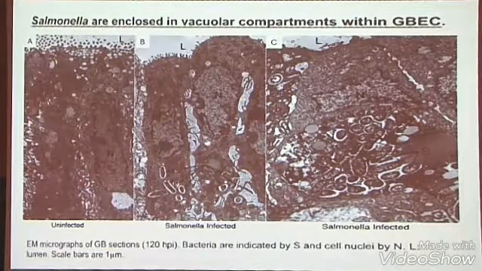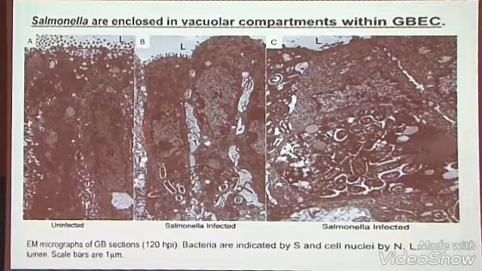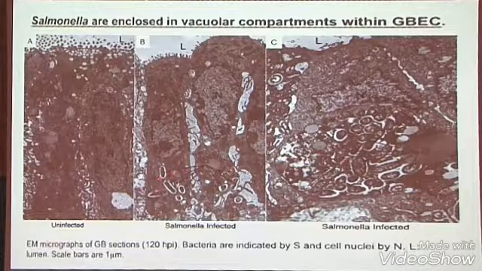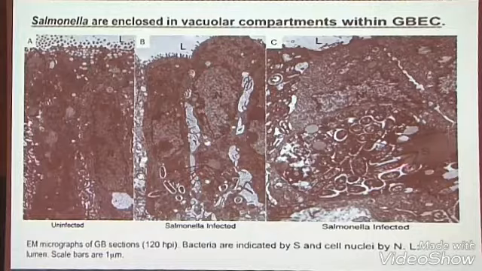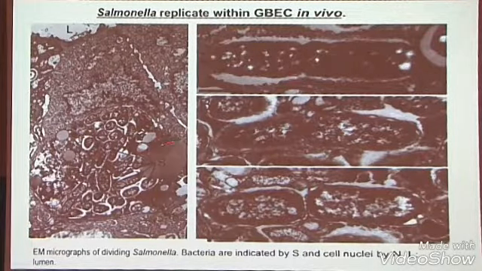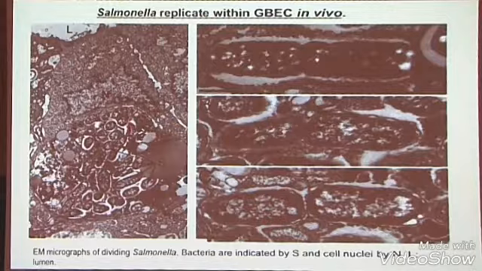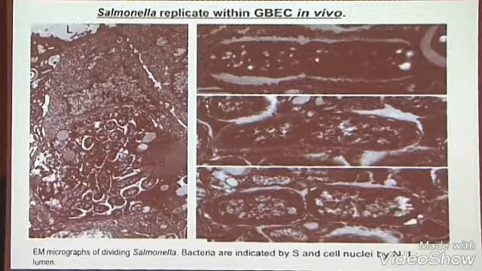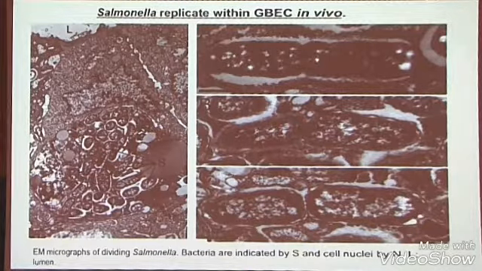And then with Wayne Vogel, we had a look electron microscopically at what's going on. And again, you can see the bacteria are way down. Here's the apical surface, way down at the basolateral surface. Lots of bacteria inside vacuoles, probably LAMP-containing vacuoles, and even replicating inside vacuoles here, down at the bottom of these cells. And they seem to persist here. And this is where they then replicate and live inside these cells. You can find pictures of the bacteria dividing in these vacuoles, much like you see in other epithelial cells, except, as I emphasize, they're at the basolateral surface instead of the apical surface where they normally hang out in other epithelial cells.